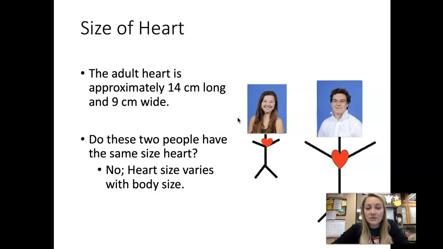How about the size of the heart? For the most part, we talk about how our heart's about the size of our fist, maybe a little bit bigger. No people that are of different heights have the same size heart, and also your heart will change size based on how much cardiovascular ability you have as well. So like people who run more versus who are couch potatoes, right? That's going to make your heart a different size too. But just right off the bat, a person who's really tall and really muscular versus a person who is super short, and we don't even have to talk about whether they're muscular or not, that shorter person is going to